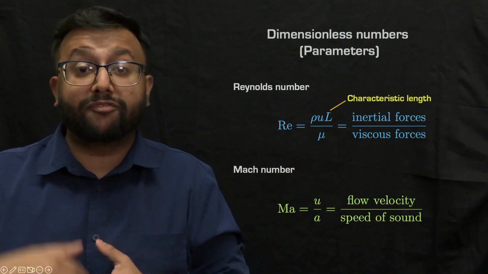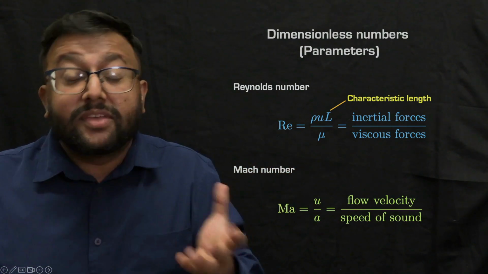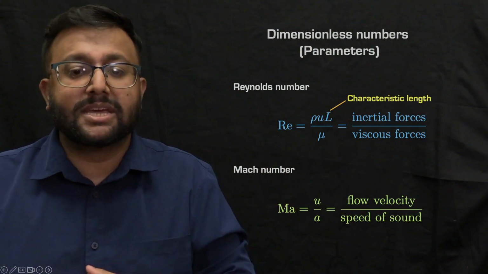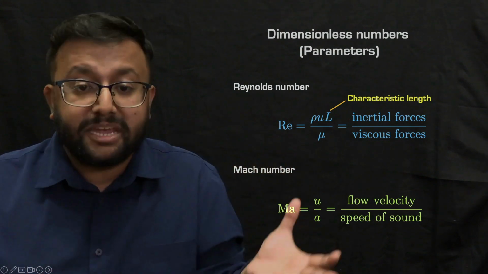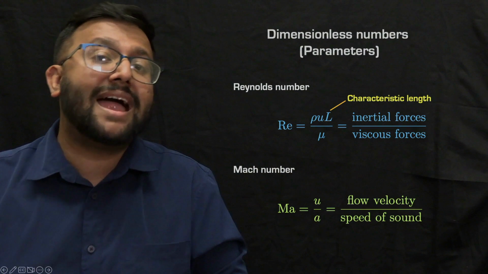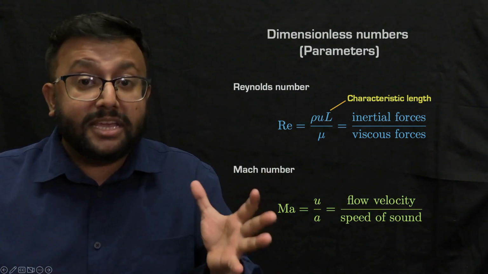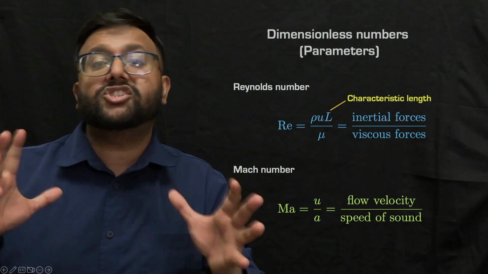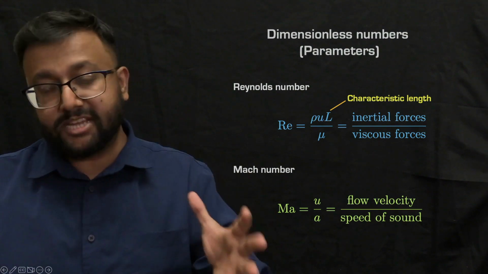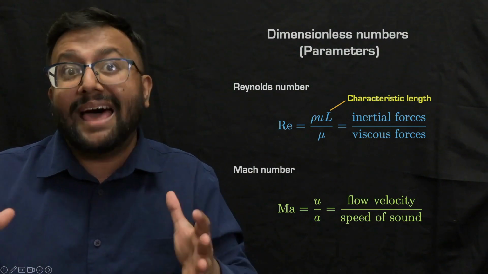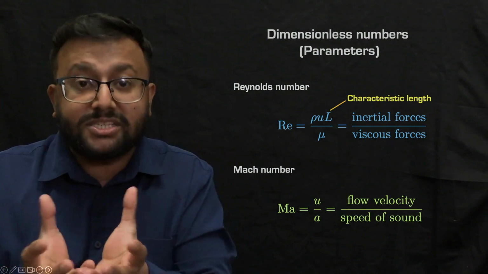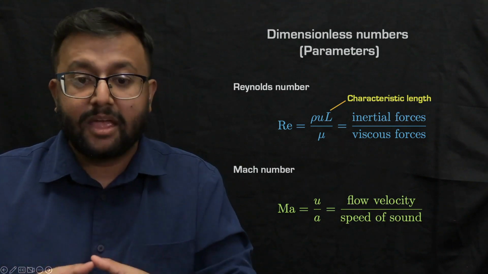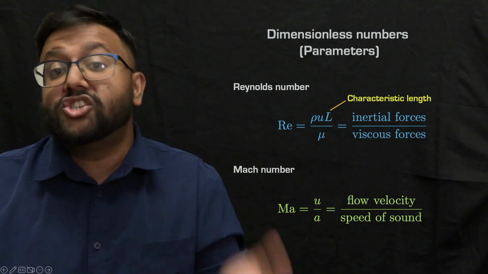The other parameter that is used in fluid flows is Mach number. Now, this is the ratio of the flow velocity with the speed of sound in the medium. So this quantity is typically used in compressible flow or high-speed flows, and it is important to understand situations where discontinuities of the states of the flow may arise. Now, I want to make a quick note of the distinction between incompressible flow and compressible flow. Incompressible flow implies that the density remains constant within a parcel of the fluid that moves with the flow velocity, while in compressible flow, this density can change over time.